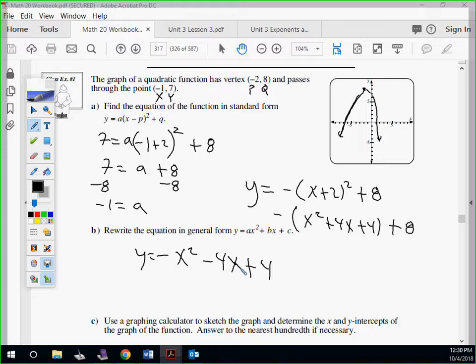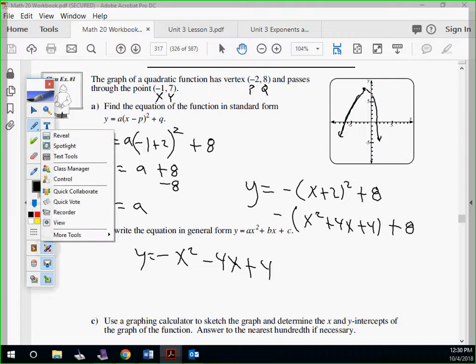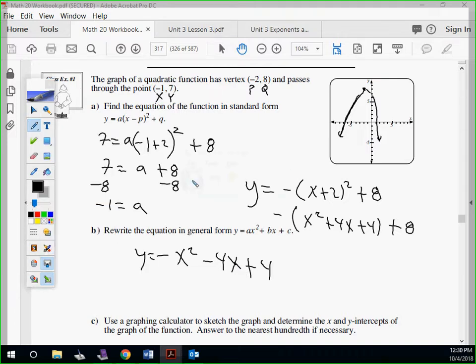Okay, let's practice using our calculator here to find the x and y intercepts. Okay, so let's go ahead and do that. I'll bring up my calculator here. Let me pause it. Okay, so let's go ahead and try it here. So let's go ahead and put in